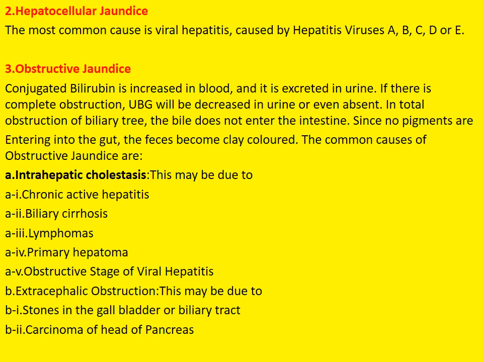If there is complete obstruction, UBG will be decreased in urine or even absent. In total obstruction of biliary tree, the bile doesn't enter the intestine. Since no pigments are entering into the gut, feces become clay colored. The common causes of obstructive jaundice are